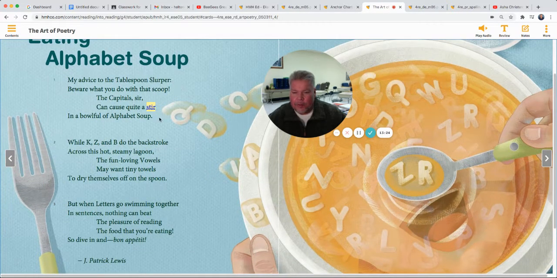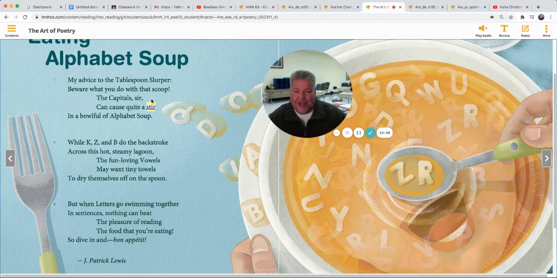First off, here's one stanza, lines joined together. Here's another stanza, lines joined together. These lines joined together. Here, a third stanza. It's kind of unique how they wrote it. And poems can be done any way. There's not a whole lot of rules to how your poem might look. So he starts over here, and then it scoots way in on these two lines on all these stanzas, doesn't it? So the first stanza here is talking about the capitals causing a stir. Be careful what we do with the soup.